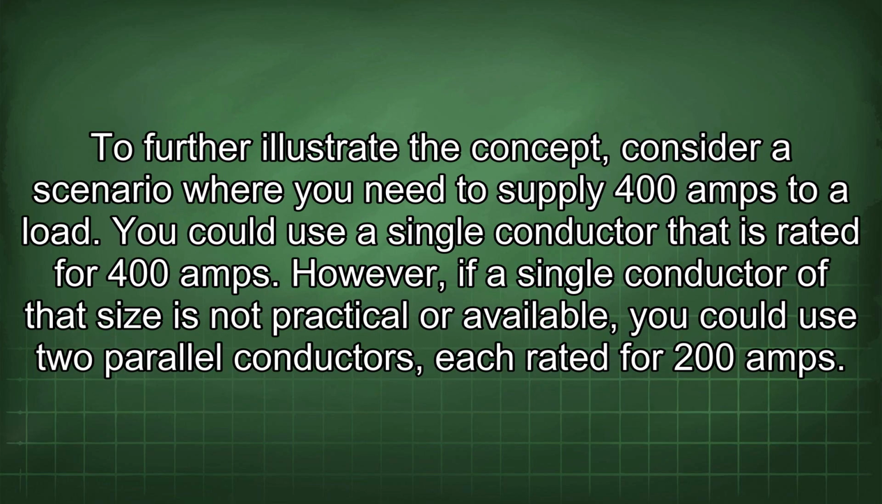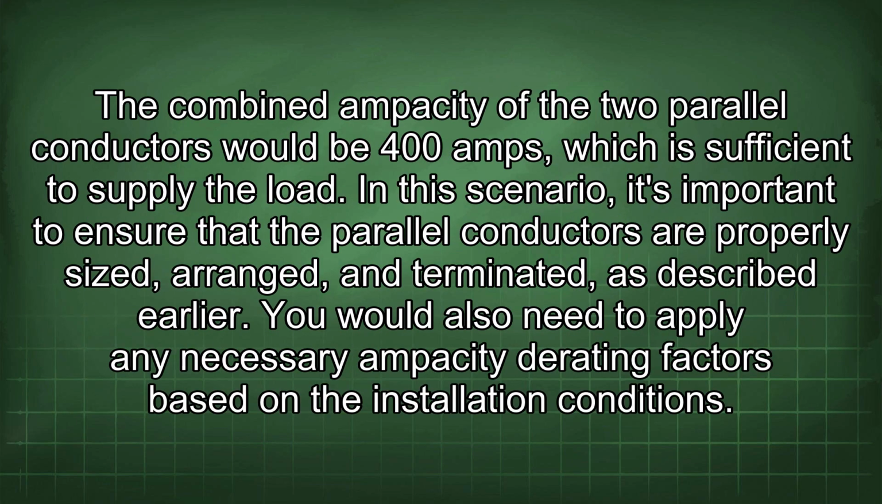To further illustrate the concept, consider a scenario where you need to supply 400 amps to a load. You could use a single conductor that is rated for 400 amps. However, if a single conductor of that size is not practical or available, you could use two parallel conductors, each rated for 200 amps. The combined ampacity of the two parallel conductors would be 400 amps, which is sufficient to